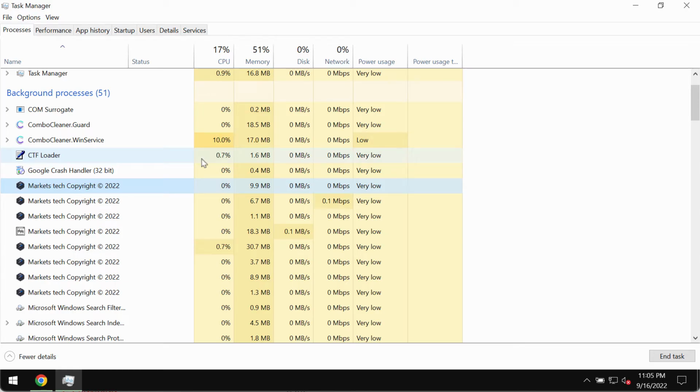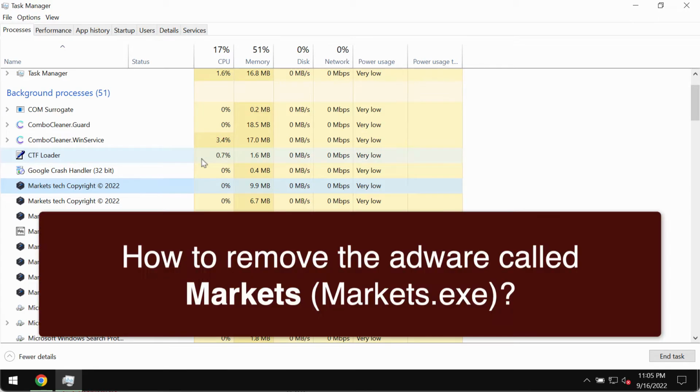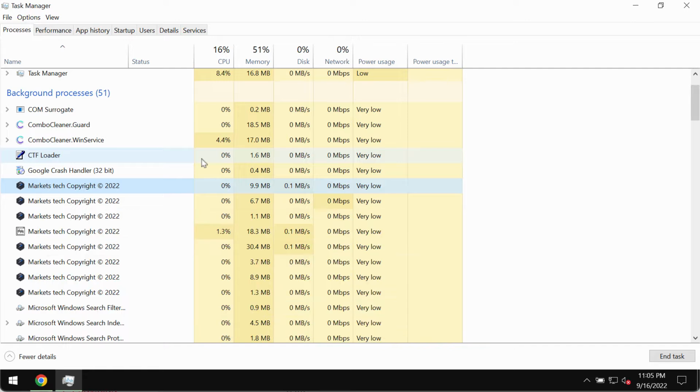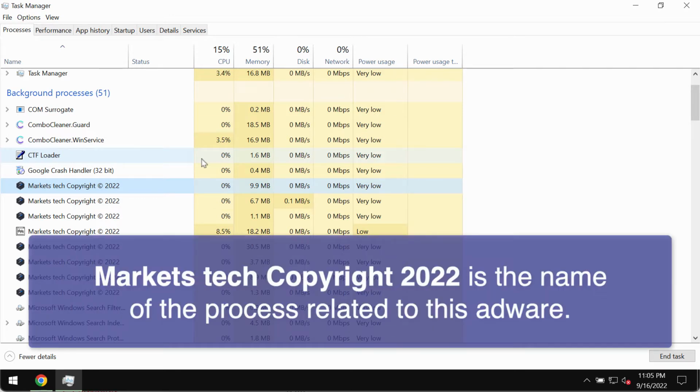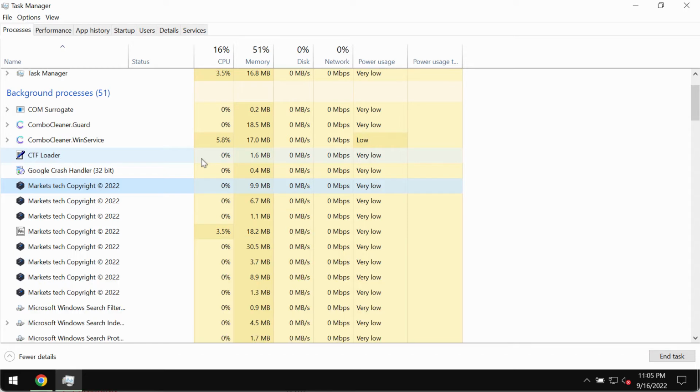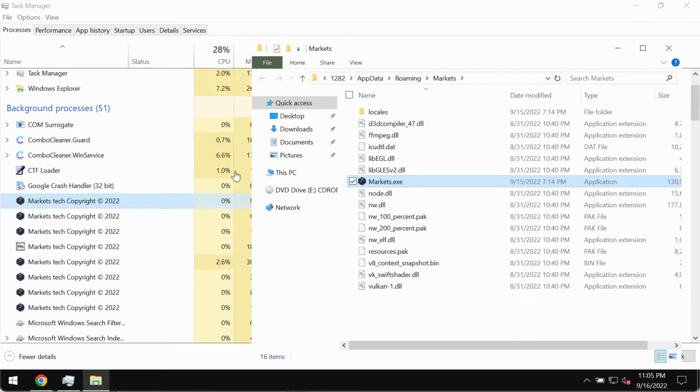This video guide is dedicated to help you remove the adware that is called Markets, and you will find several processes of this adware in the task manager. The processes will be named Markets Tech Copyright 2022. And if you right-click on any of these processes and choose the option to open file location, this will lead you to Markets.exe